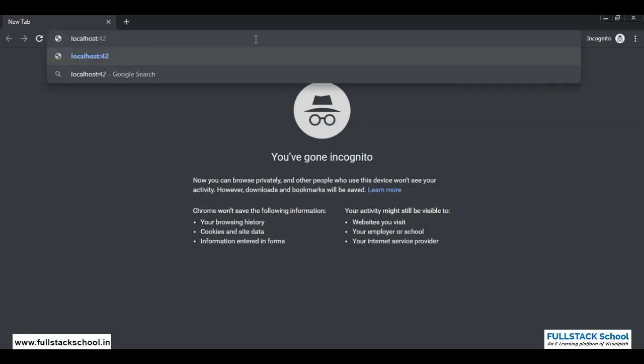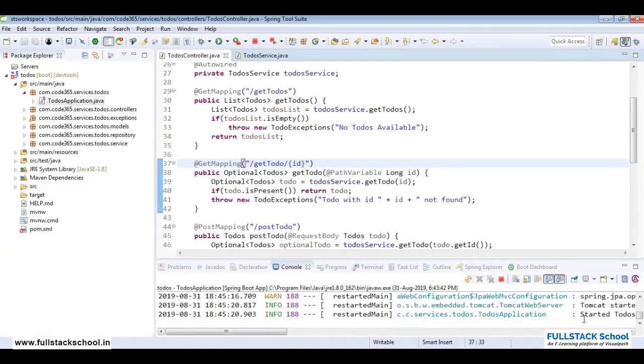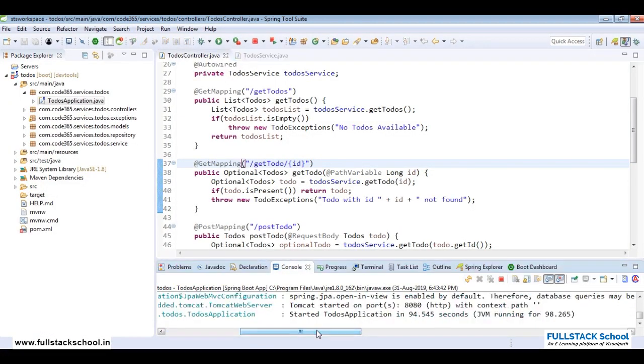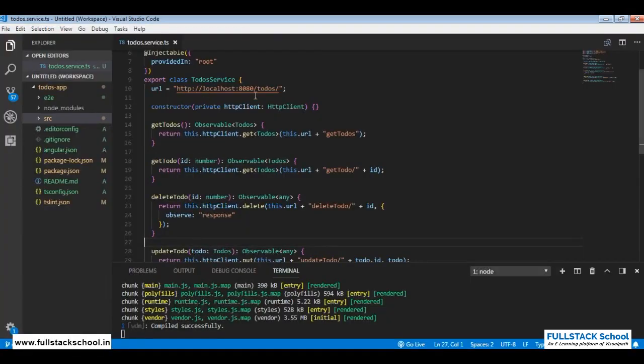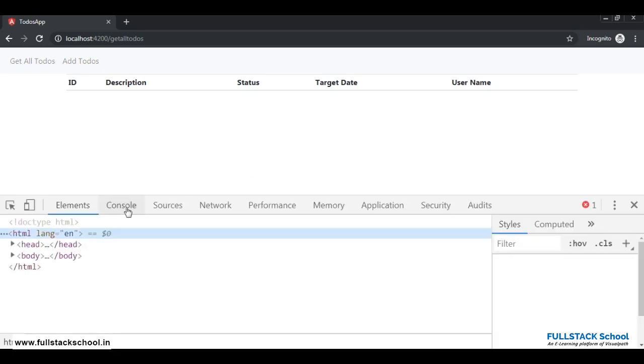Localhost 4200 is where our Angular client is running, and my server is running on port number 8080. See, the server got started on the 8080 port, and my client app is communicating with the server. So let's see, I didn't get any data. Let's see what error we have received. If I come to the console,